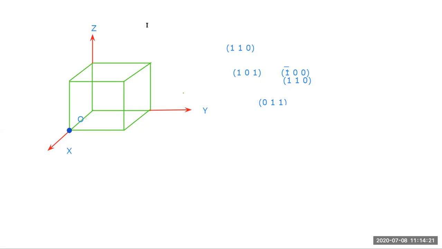Then in the same way indicate the Y axis, and this is the Z axis. So this is the X, Y, and Z axis. After indicating the origin you have to indicate the axis itself. Then you have to indicate the other points. So here is our origin.